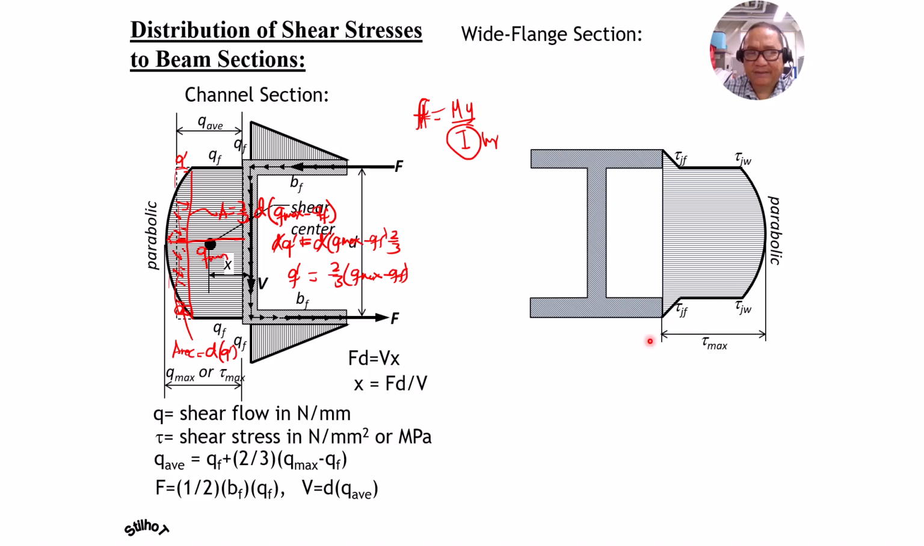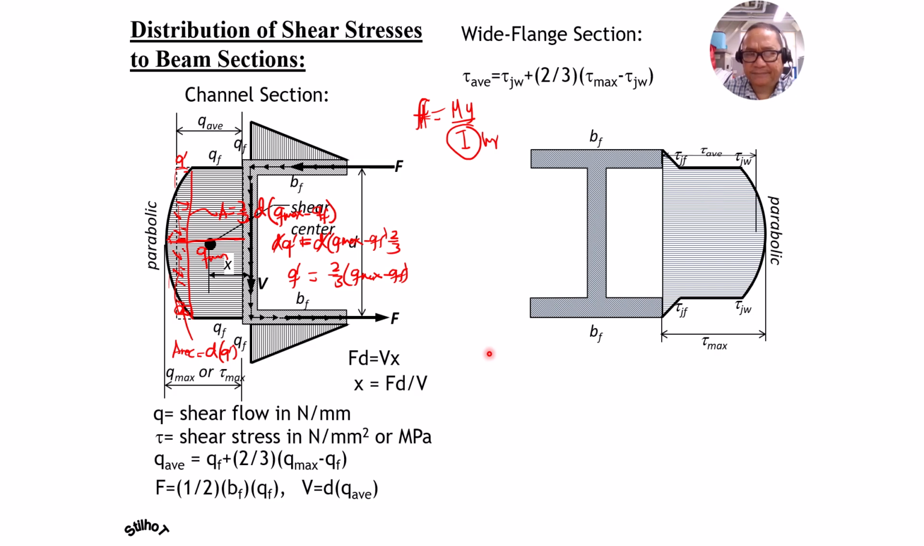So that's tau max. Tau max again is equal to tau JW plus 2/3 of the quantity tau max minus tau JW. So tau average is tau JW plus 2/3 of the difference between tau max and tau JW. So that's the idea. And these are the elements, BF,